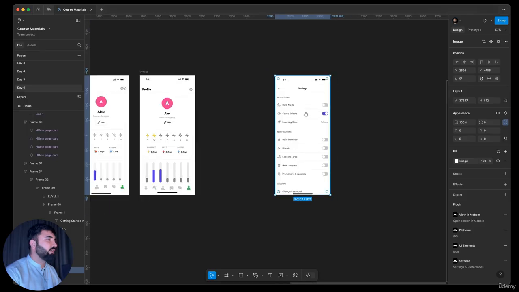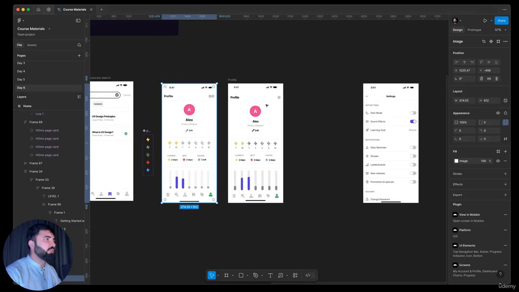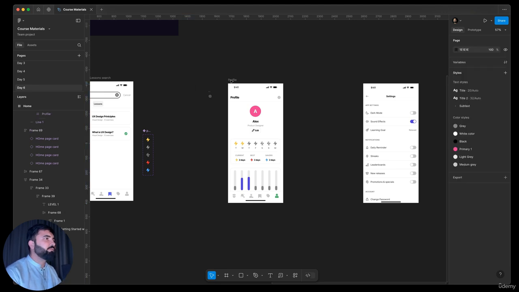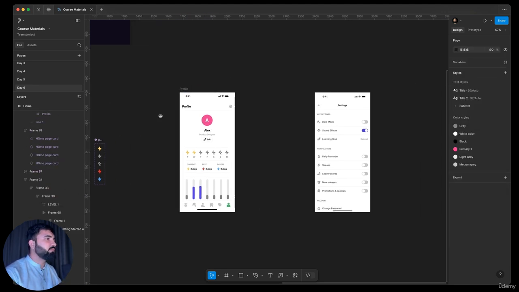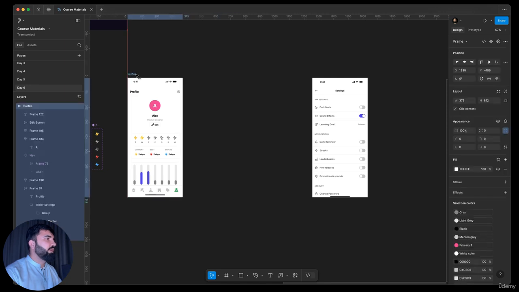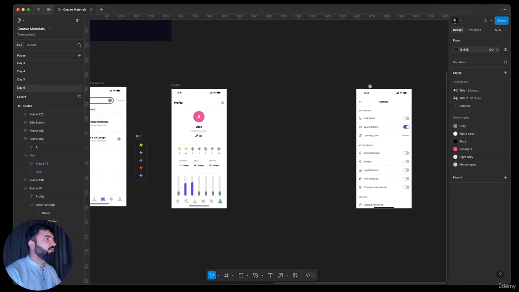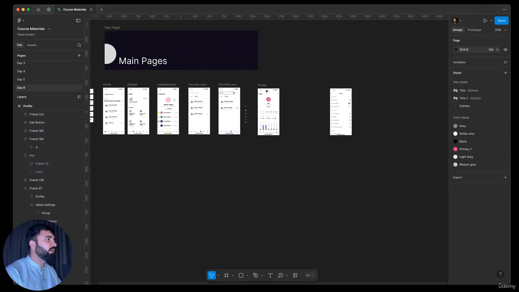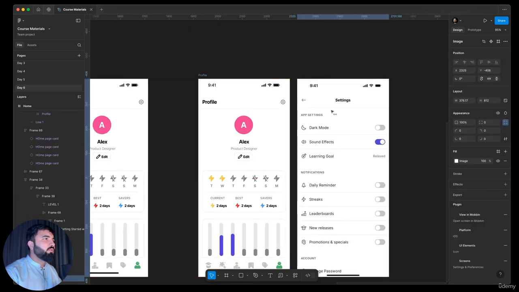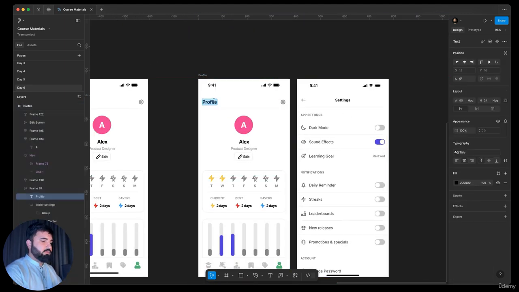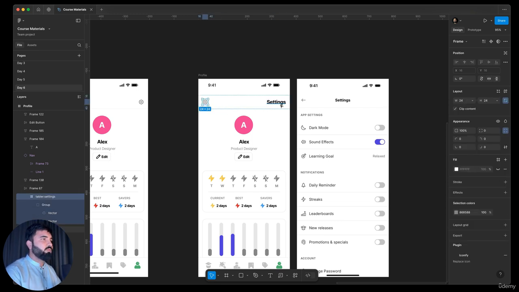So the setting one, it is very simple. Let me just delete this one. Okay, we don't need it. All right, and now I will duplicate. Yeah, let's try duplicate this one. So for the setting, let's try settings, and this one should be to the left,